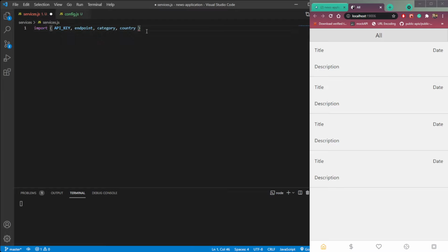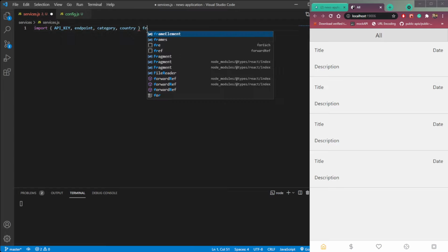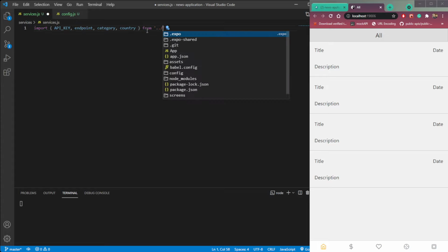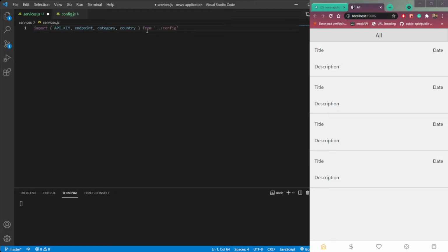So paste it here, all this data from config, and then config. Now we need to create a functional component here. So type RFC, and we don't need this React, so remove it.